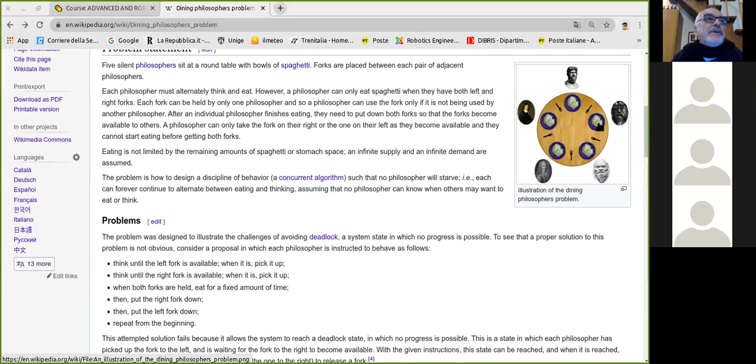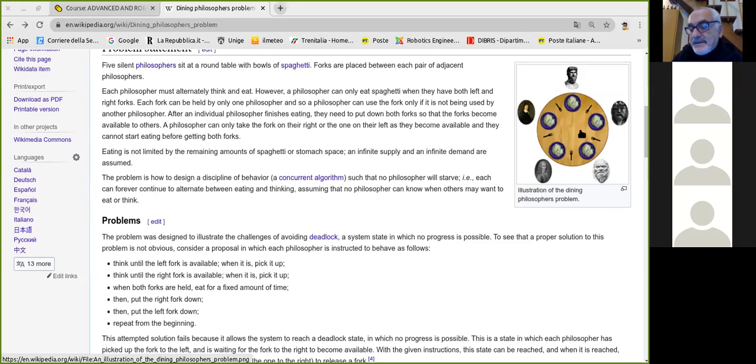And they eat for a random amount of time, limited time. So after a limited time, they put down both forks